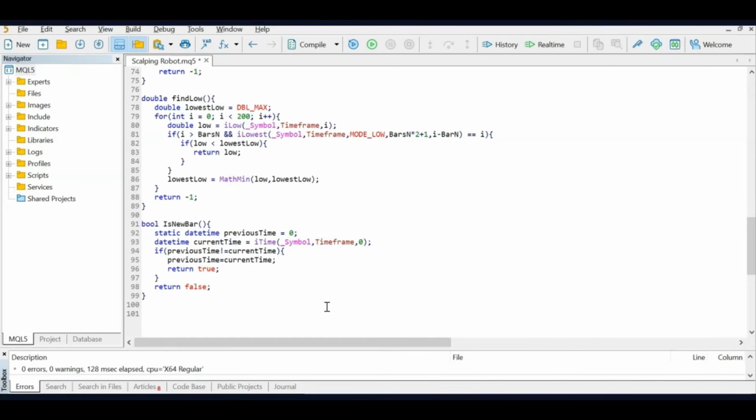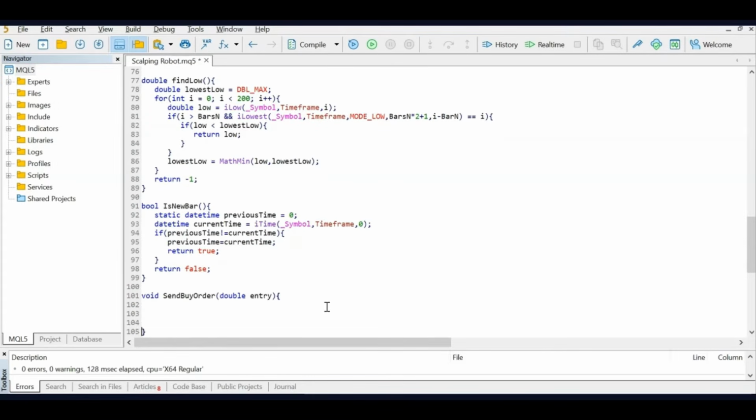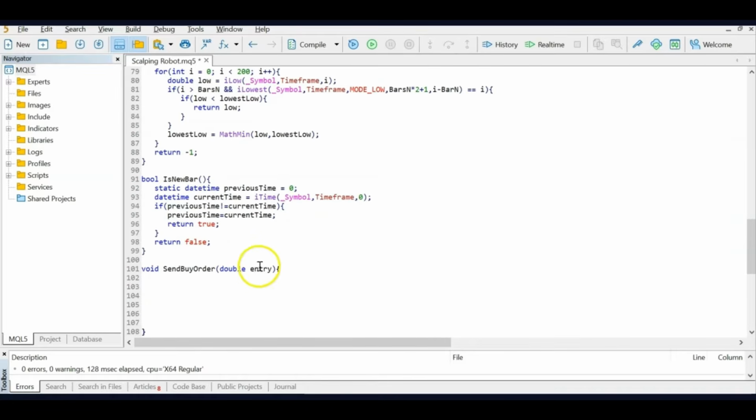Next function we're going to need is when we will be sending the buy orders. Once we find the high, then we will need to send the buy order on that high. So we're going to create the buy order. And I'm creating a separate function not to put too many codes in one function on tick. So I'm going to create a separate function. When we're going to call the send buy order function, we're going to send a value of the entry price